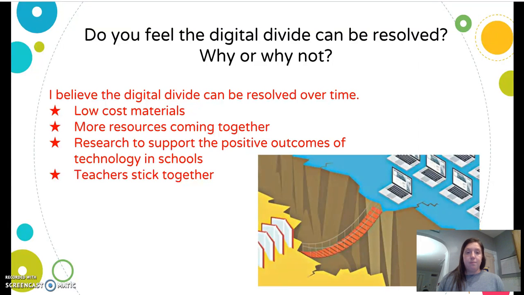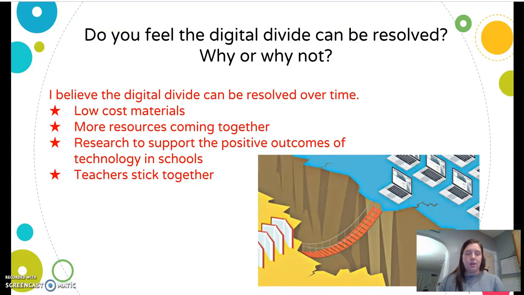Not everyone had them, and now you're seeing more and more of them, and more people having access to them. I think that with the research to support the positive outcomes and the advantages of technology, more and more maybe low-cost supplements will be coming out to support families in order to have technology or internet in the home.